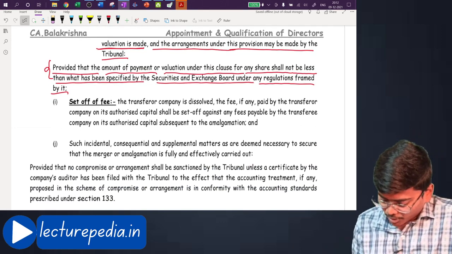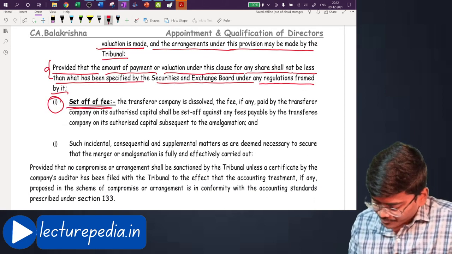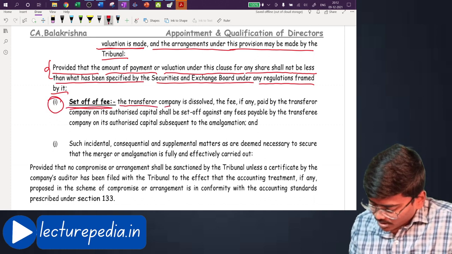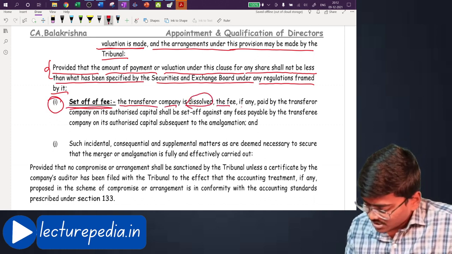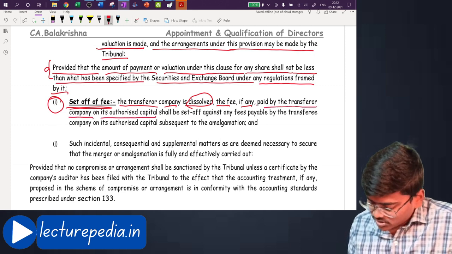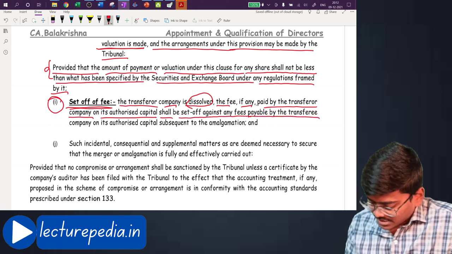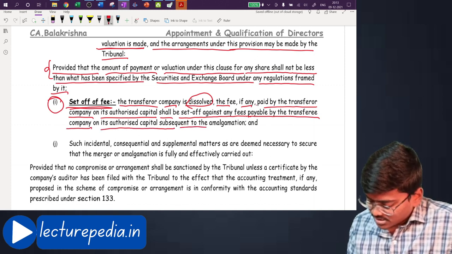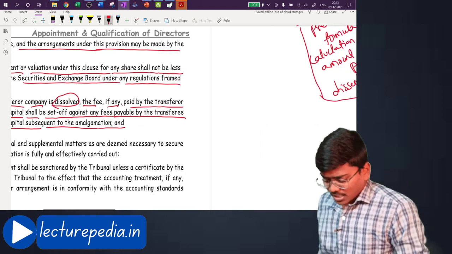Coming to the 9th point, set off of fee. The transferor company is dissolved. The fee, if any, paid by the transferor company on its authorized capital shall be set off against any fee payable by the transferee company on its authorized capital subsequent to amalgamation. See, I think you know that